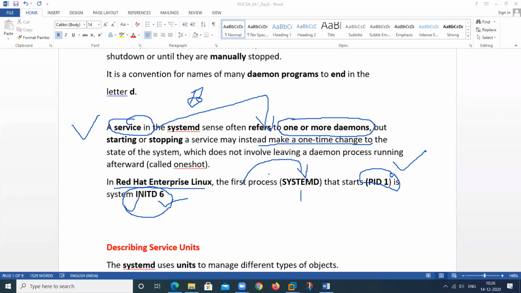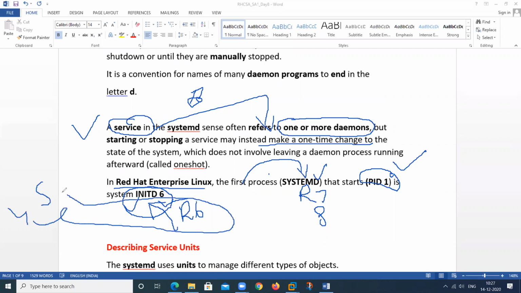If you are using RHEL 7 and RHEL 8, then this is your first service. RHEL 4, 5 and 6 all have the same. This is the first process. After the RHEL 7 version, the process name will be changed, that is systemd.